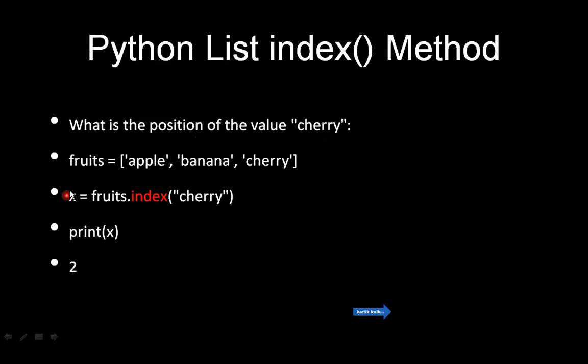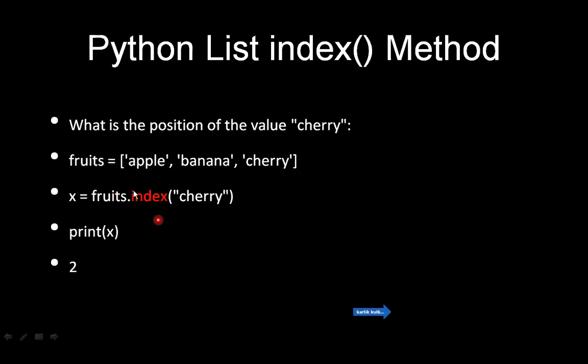You can notice here that I have specified the list name as fruits, with three elements: apple, banana, and cherry. Suppose I want to know the index number of the cherry element. You can get the index number of any element; you can get banana also, apple also. But what is the syntax for using the index method? The syntax remains the same for each and every method. The list name you will use is fruits here.